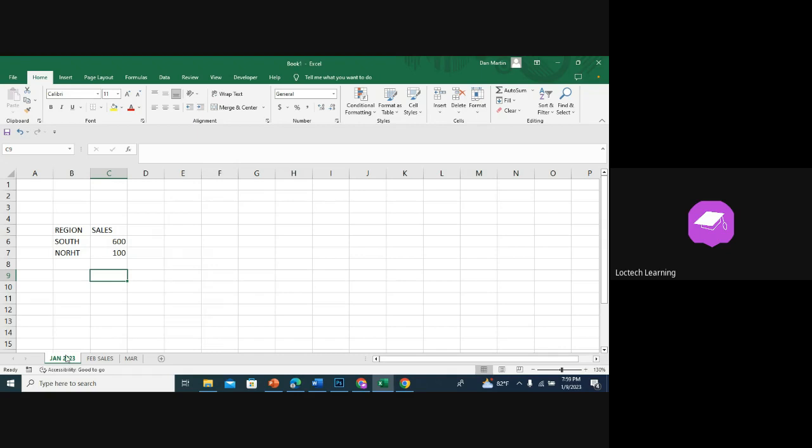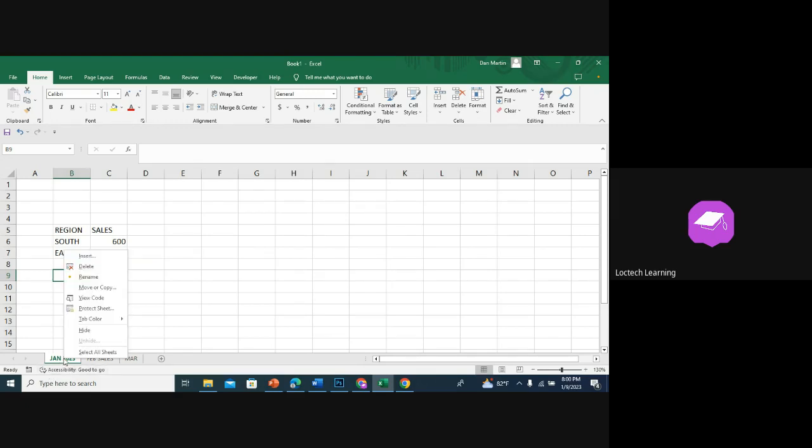I want to protect this sheet called January 2023, because here I can edit this. Let's say I type, for example, "is". As you see, I can type or edit anything in this worksheet, but I want to protect my worksheet. So how do I protect my worksheet so that nobody will have access to edit the content? Let me repeat the process. Number one,